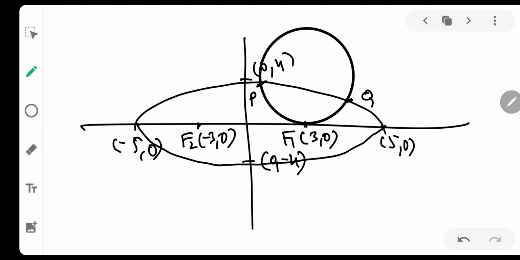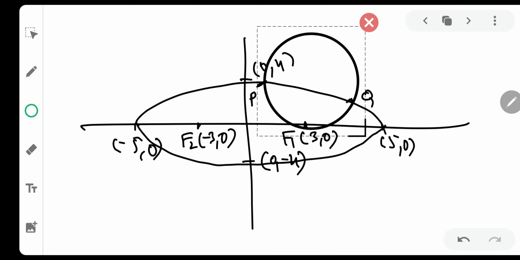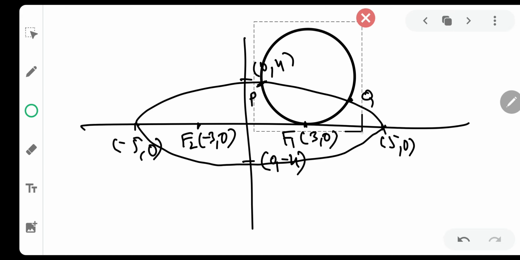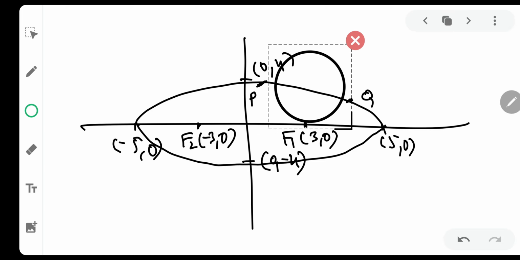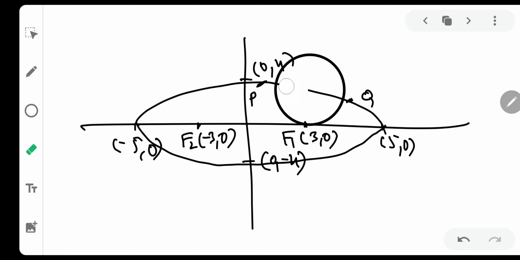Now the circle is to be adjusted such that PQ seems like its diameter. For that, let us reduce the size of the circle. Is it possible? I'll try my best. I think it is possible. Yes, very good. Now PQ seems like the diameter of the circle. Very nice. So basically if I change the curve like this, this is your PQ.